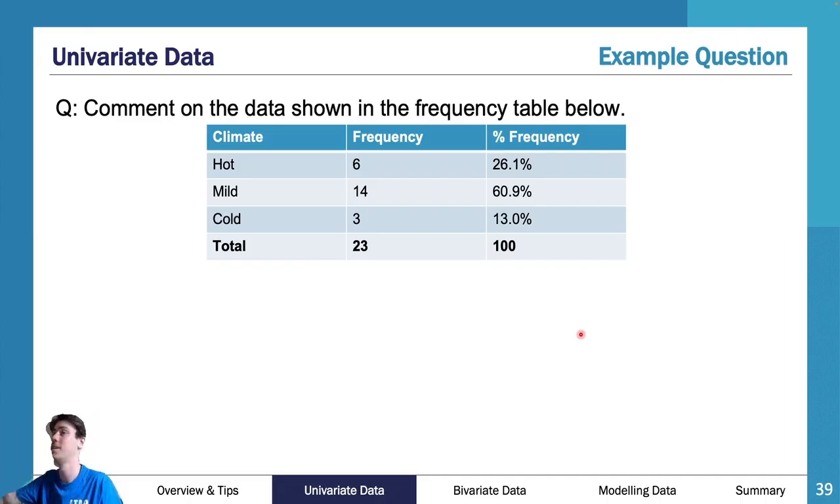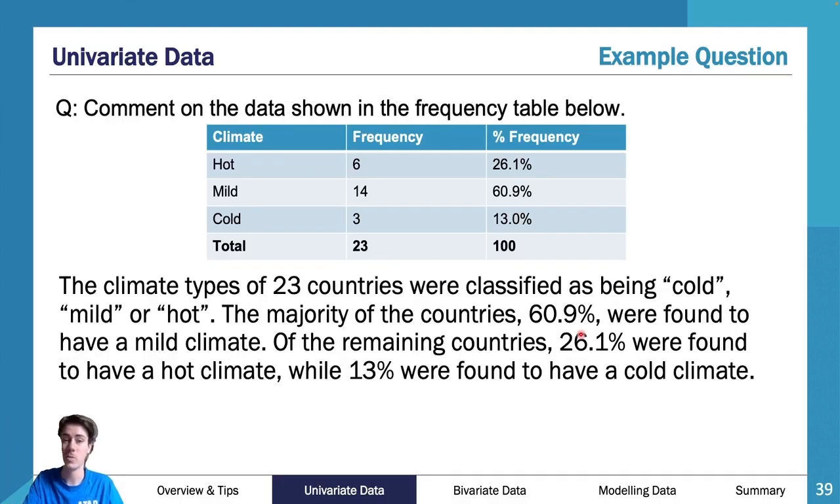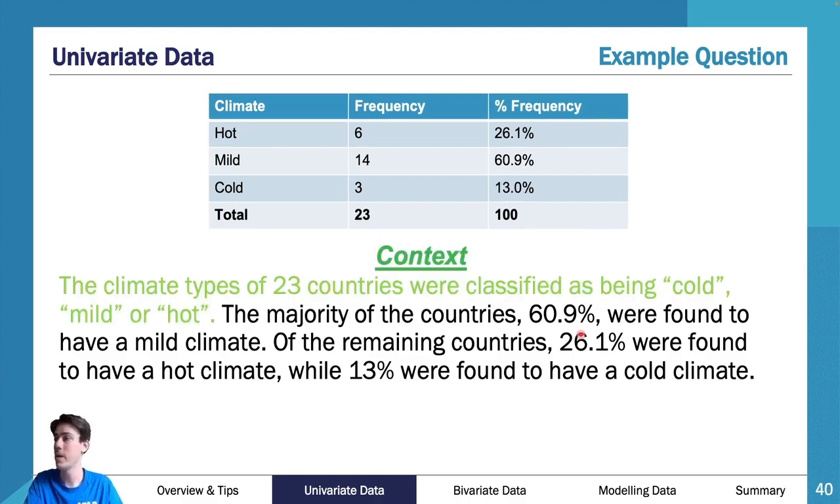Right, hopefully you're back. So here we've got 3 climates: hot, mild, cold. We've given the frequency, we've given the percentage frequency. So this is what our answer looks like, but how do we break this down? Well, first of all, we had context. The climate types of 23 countries were classified as being hot, mild, or cold. So we've given context. There were 23 countries that were